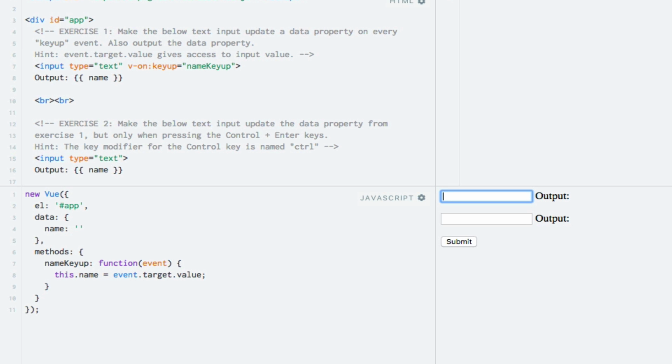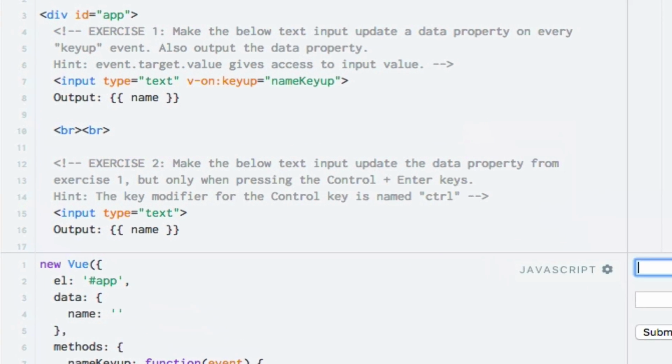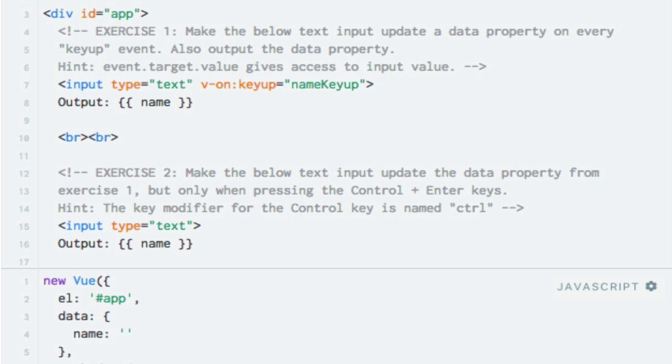So let's move on to the second one. In the second exercise, we need to do the same thing, except only updating the data property when we press the Control and Enter keys simultaneously. For the first part, the solution from the first exercise was simple. But actually there's a better way. Remember that we can embed a single expression within the directive in the template. Actually, we can use that for assigning the value to the data property right there, instead of doing so within a method. So let's just prepare the template